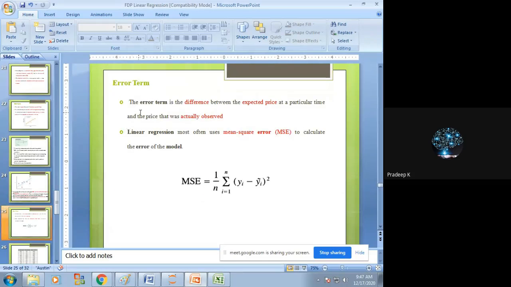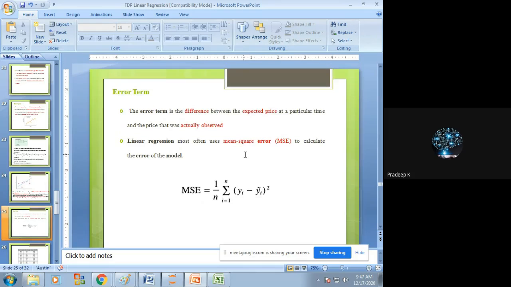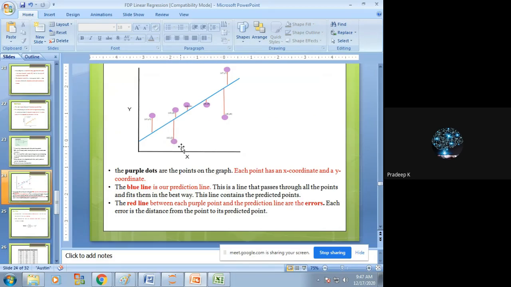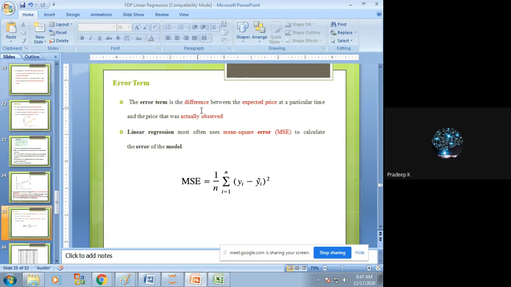So this is the error term. After plotting or finding all the data points, we need to find the difference between the actual and expected price. This is the actual price or actual data. The closest to the line is the predicted data. Some of the points lie on the line, that is perfect prediction. If there is any deviation, there is an error. That is the error term. The error term is the difference between the expected price